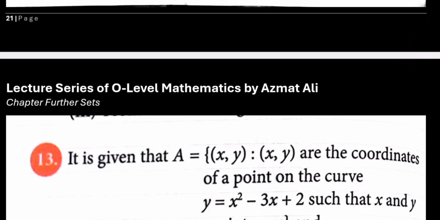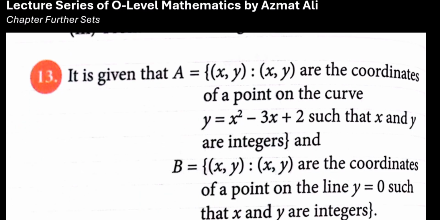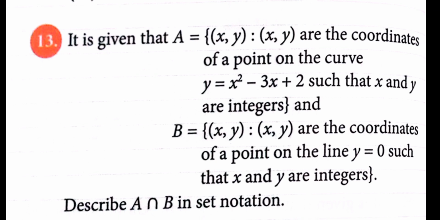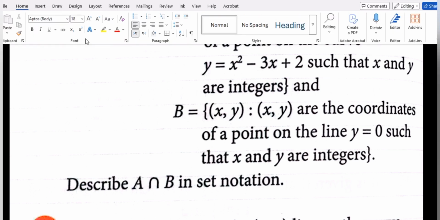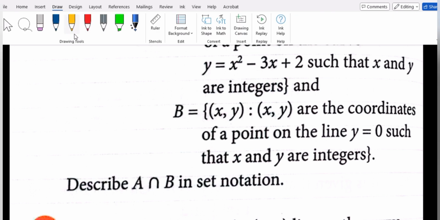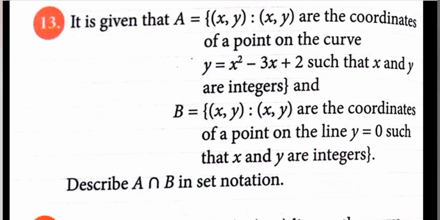Next we move towards the very important questions of today's lecture, and these are very interesting questions, at the hardest level, question numbers 13 and 14. Both questions are very important and very interesting. In question number 13, it is given that set A is a set of all ordered pairs